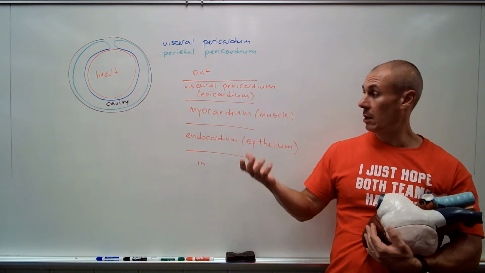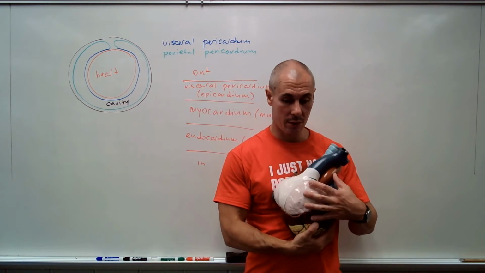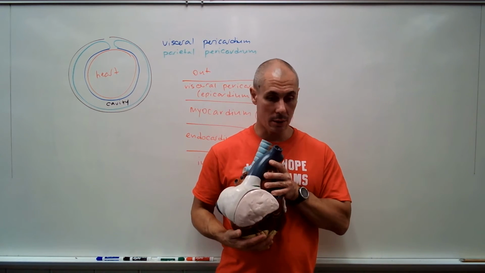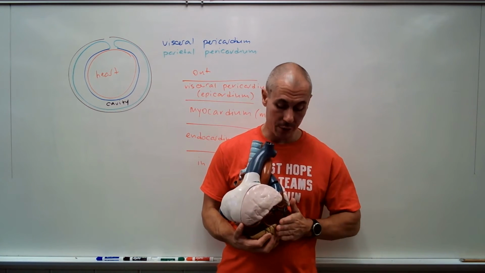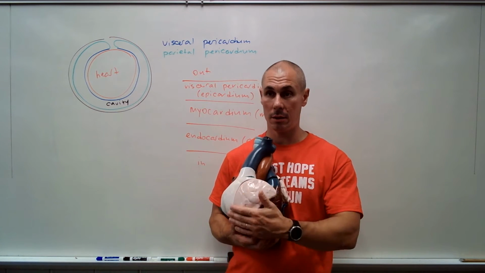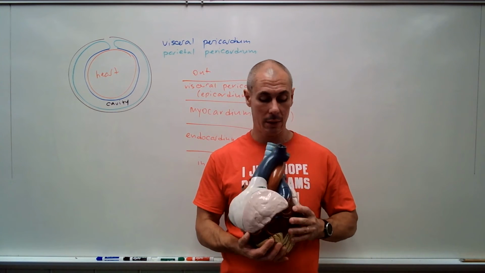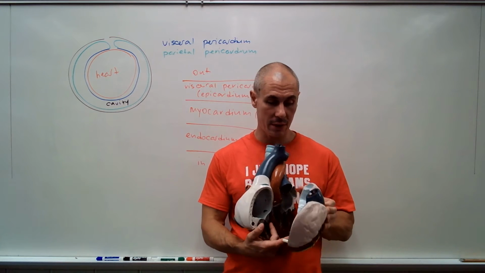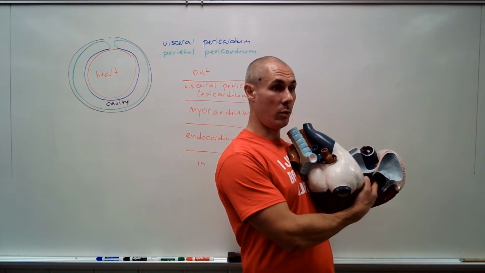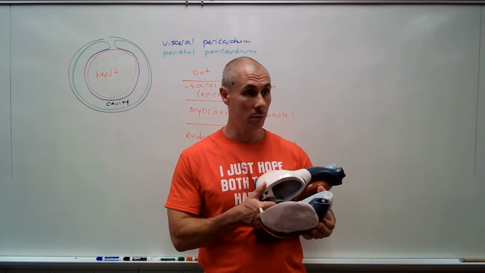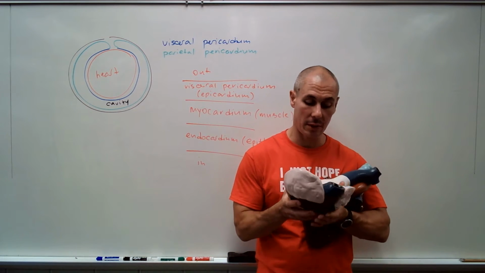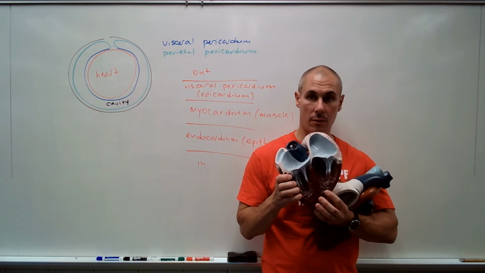Does that make sense? Myocardium is the most. So here's the heart. Again, as I mentioned before, the outer surface is covered in visceral pericardium, the inner surface here will be covered with endocardium, epithelial cells, and these thick walls